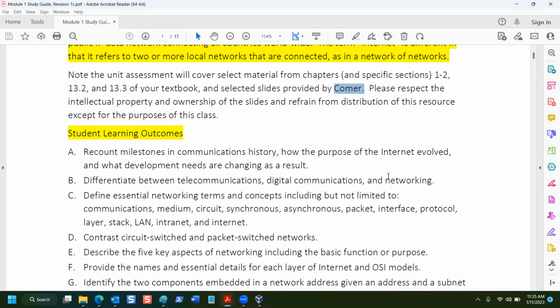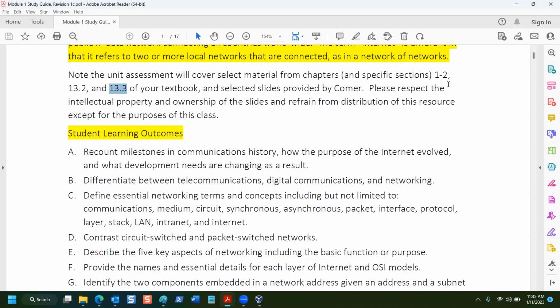He is world renowned. However, it's not my expectation that you would memorize 1,500 pages, which is why I went to the trouble to condense the main ideas of chapters 1 and 2 and 2 sections in chapter 13. So when you see 13.2, that's the second section of chapter 13. The third section of chapter 13. Everybody got me? Yes, sir.